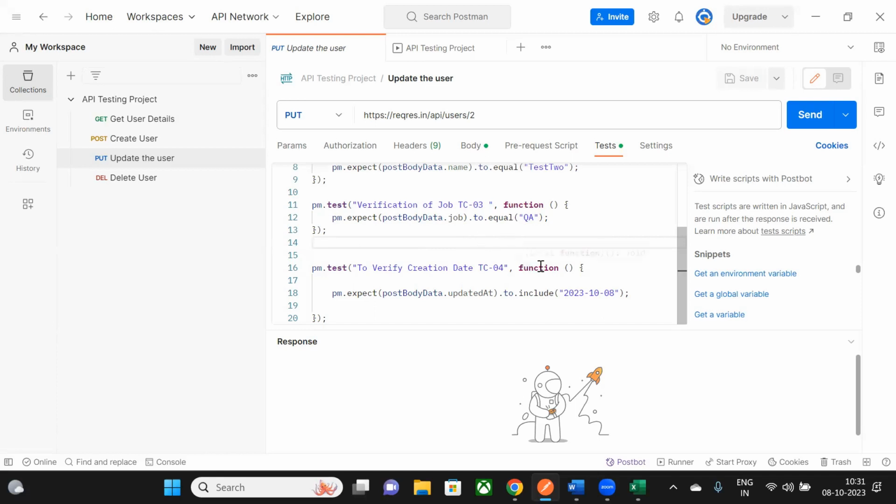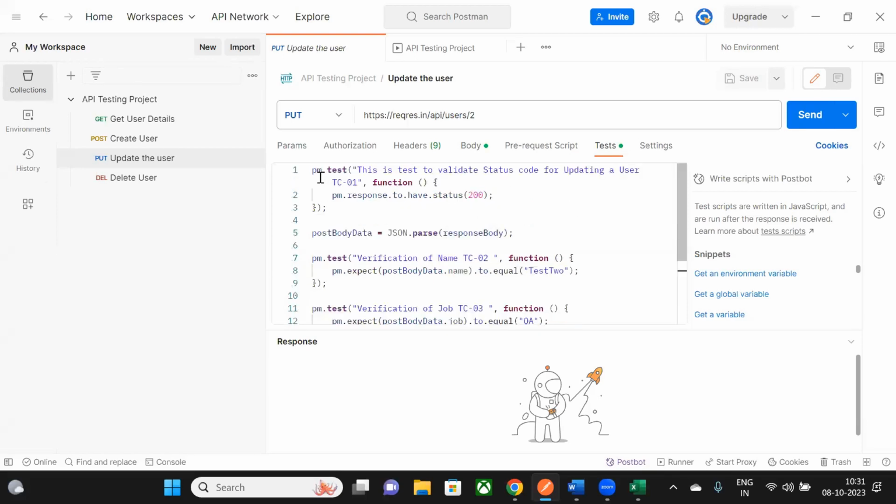Okay, Avinash. And in case you have any doubts, you can just reach out to me, regarding the Postman setup, or regarding how we write the scripts. If you are facing